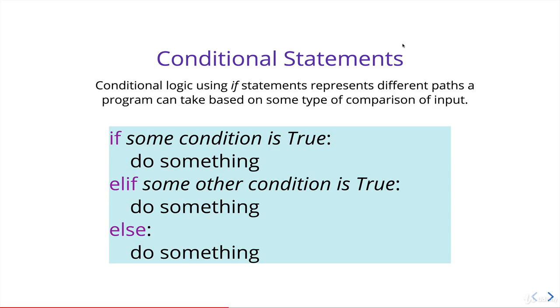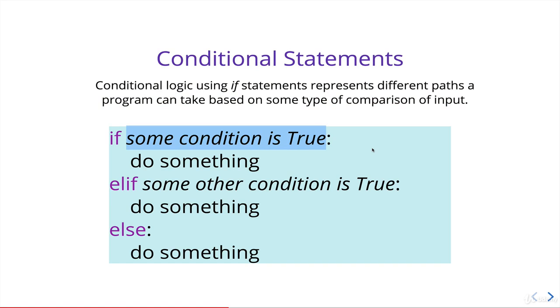So here's what the pseudocode looks like. The keywords I've highlighted in purple, excellent color choice. We have if, elif, which I hate this about Python more than anything. Other languages use else if, but elif is just so bizarre, and then else. So we'll go through this in a lot more detail, but let's just focus on this first line. So we have if, and then this is the pseudocode, the English portion.